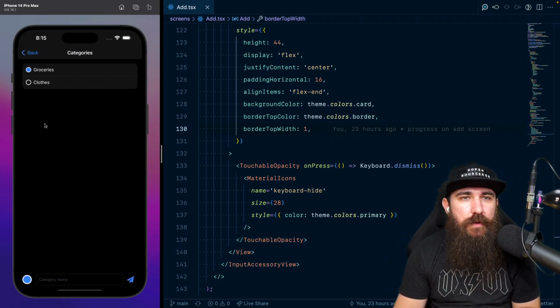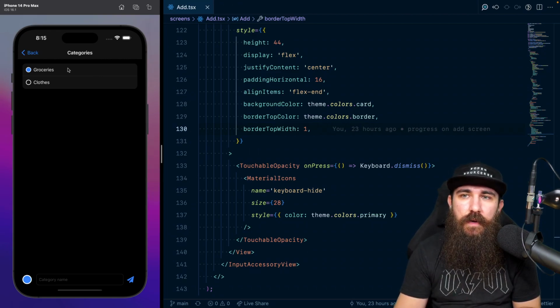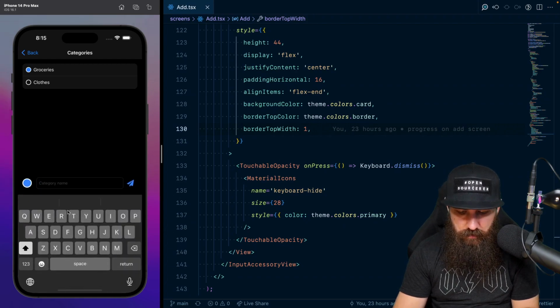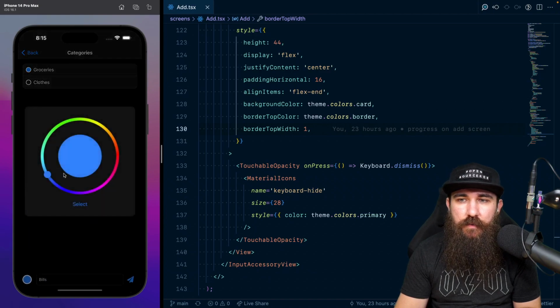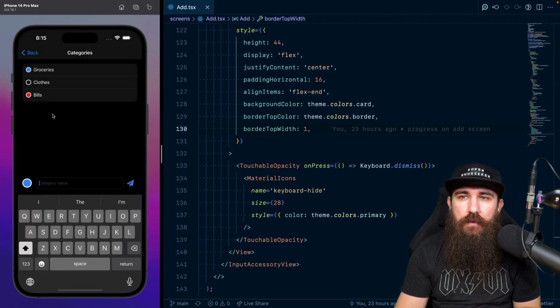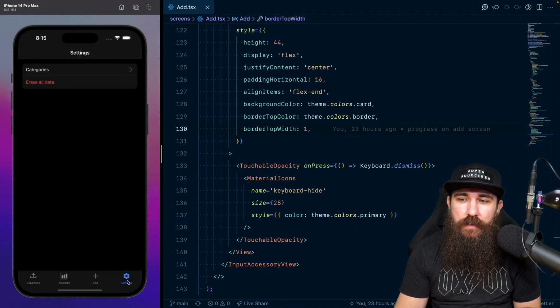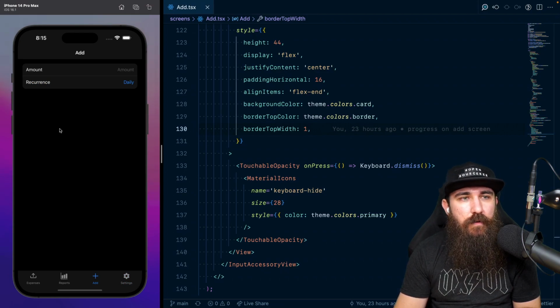Then we have the categories page, which is within these settings. And this is where you define your categories. You have groceries, clothes, these are just dummy categories. Now let's define, I don't know, let's define bills. You can define the color, and we can pick a somewhat red color. Create it, there we go. We have the bills category. And the idea is that we create the categories, we go to the add screen, and then we can create our